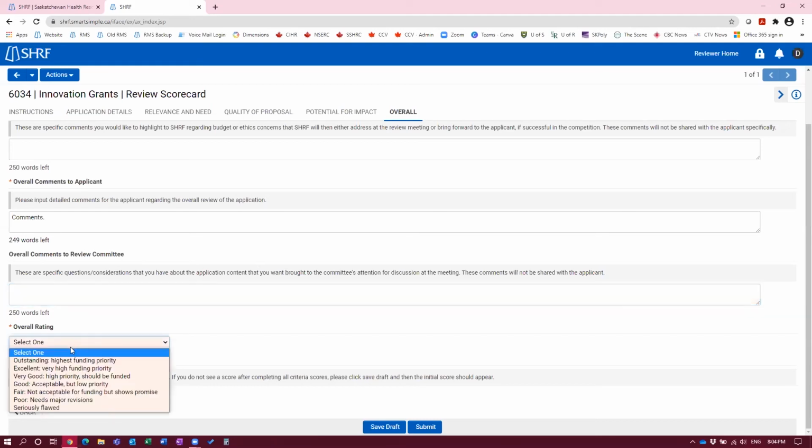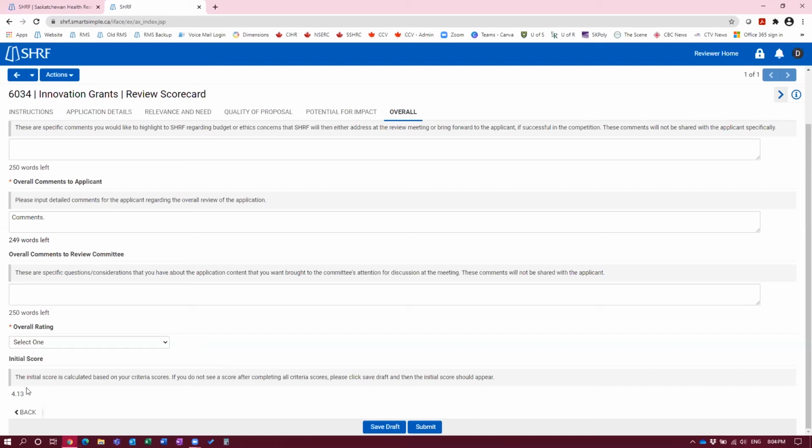Finally, you'll give it an overall rating, which again should relate back to your initial score, but you may find that your initial score didn't add up. Like, you think it's an excellent application, so you'll put it there. This does then align it within the excellence, but maybe you had thought it was an outstanding application, but your score only gave it excellent. You can either leave it there and we can have that discussion at the committee meeting, or you may go back and review